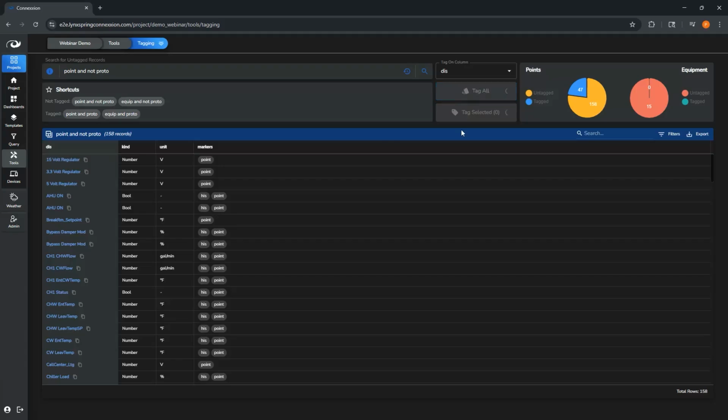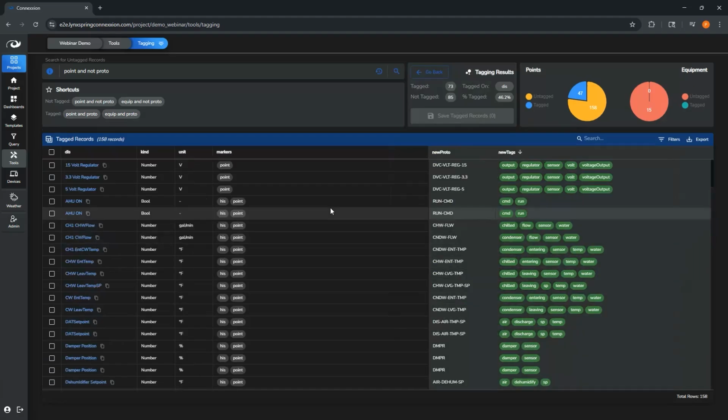We're going to run this on the display name for all the records that have not been mapped already to a Proto. We run the tagging engine, and very quickly it's picked up all of these different Protos. So these are all the appropriate Haystack tags for these records that you would want to apply for you to go ahead and enable fault detection, for you to do that data annotation for your AI data models, for you to use your dashboards and all the other visualization tools or analytic tools that you might need.